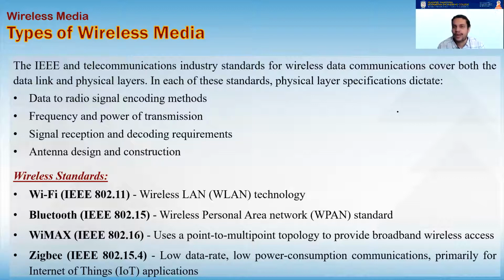Whereas there are the different wireless standards over here. The first one is the most common one that we use, Wi-Fi. Wireless fidelity, most commonly called Wi-Fi. It is the 802.11 standard of IEEE. Also, we call them WLAN. The second one is called Bluetooth. Its standard number given by IEEE is 802.15, and it is also a standard for wireless personal area network.